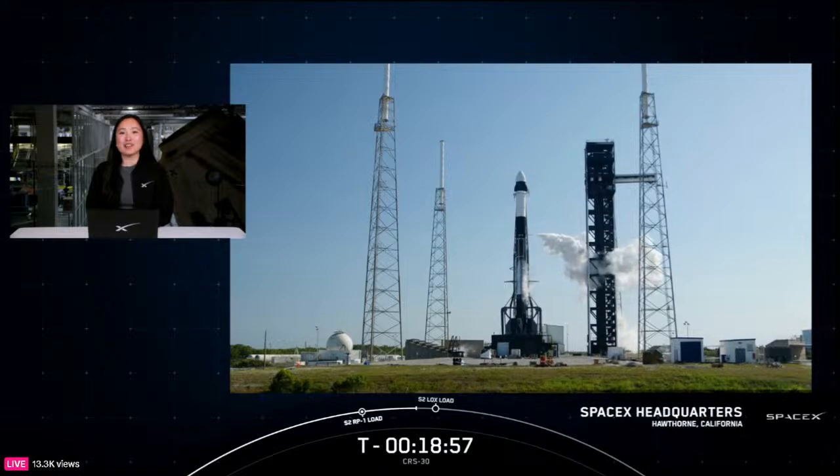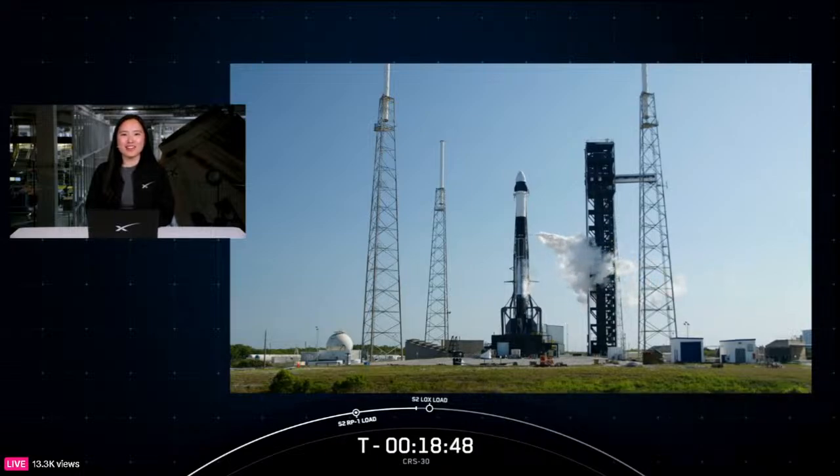Dragon will deliver about 6,200 pounds of science, supplies, and equipment to the space station and will return with about 4,000 pounds in just about a month. Dragon will arrive at the space station and dock autonomously to the zenith port of the station's Harmony module on